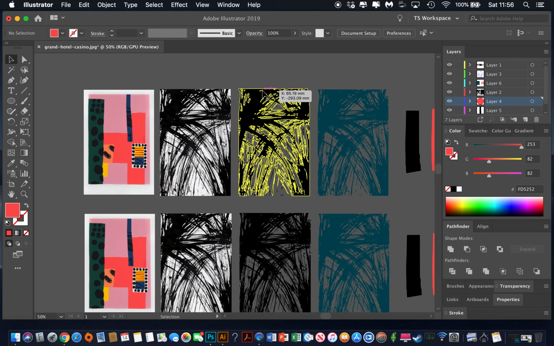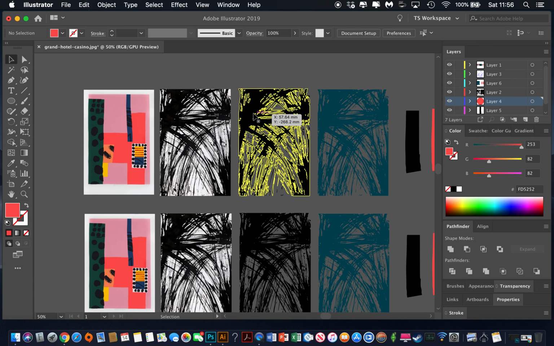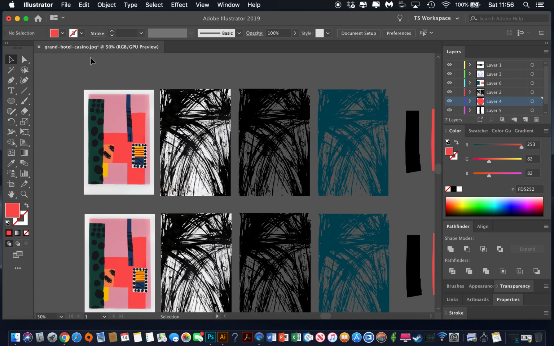Okay, so today you're going to learn how to turn a texture or an image or a shape into a vector, so transforming it from a pixel-based shape to a vector. You're going to want to import or place your image into Illustrator, so open up Adobe Illustrator